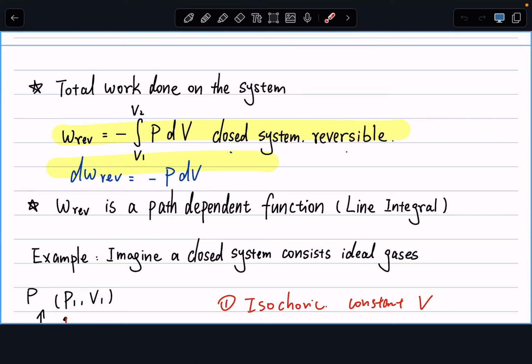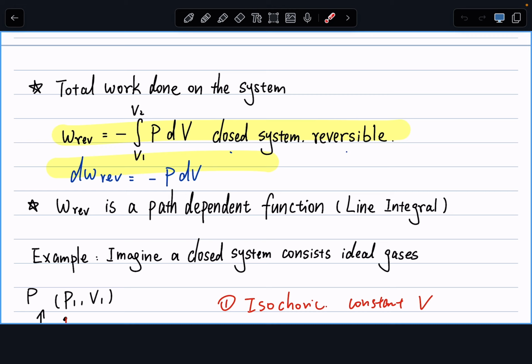Welcome back. So let's pick up from where we left off in our last lecture. In last Friday's lecture, we got started talking about classical mechanics, and we refreshed your memory on the concept of work, which is a path integral. And we discussed the total work done on the system, assuming it's a reversible process or a super slow process. And at the end of our last lecture, we went over a quick demonstration of